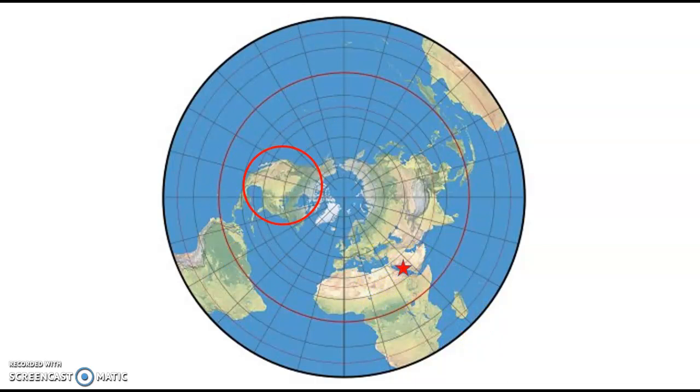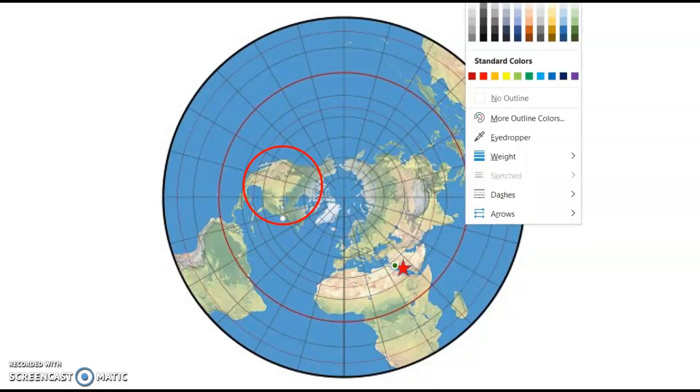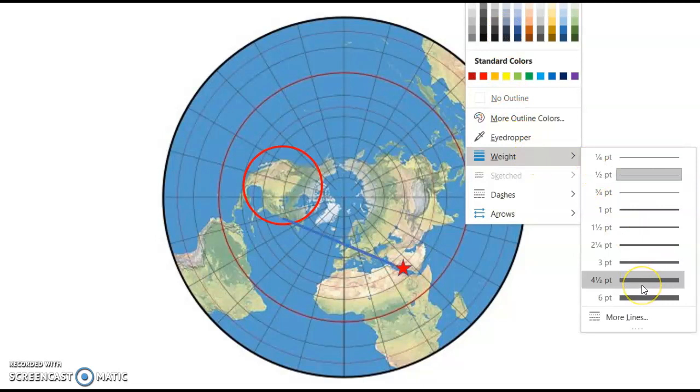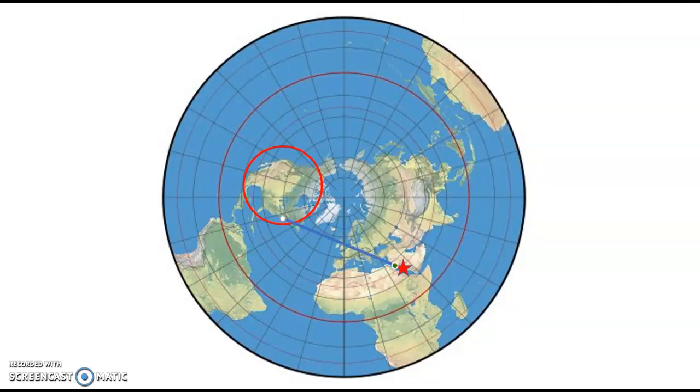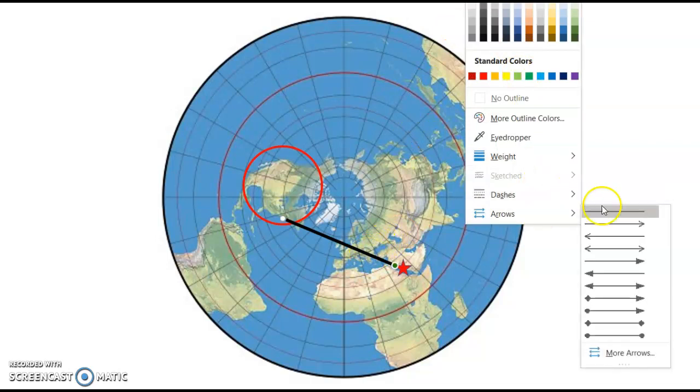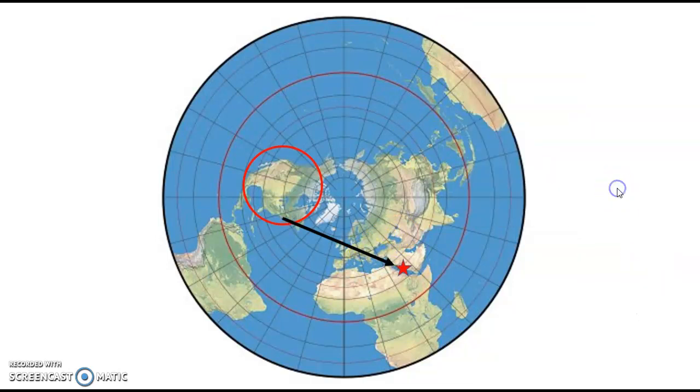We're going to draw a line. I think around here is New York. We're going to draw the line, and this is very easy because on a flat Earth we can just look at the lines and see that as the directions. Let's draw that line, and I'll make it join the star, and I'm going to make it really thick so people can see it. And let me make it black, just so it's very clear. And to make it absolutely, completely clear, we're going to make it an arrow. There we go. So, what is the direction?